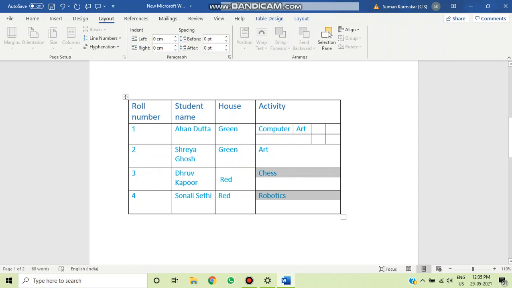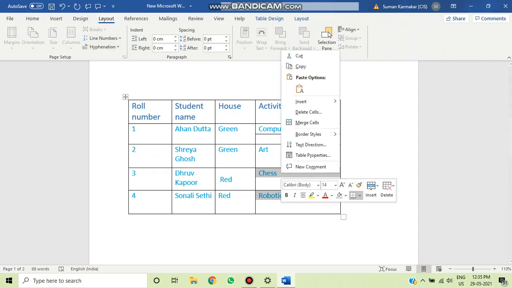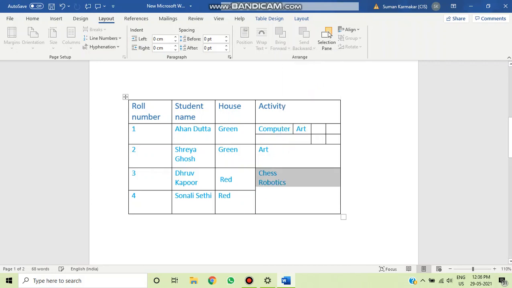Then again, if you are using 2013, you go to the layout tab, and then you will get the merge cells option, or else you can right click and you will get one option called merge cells. See, two cells have merged. So this is how you can merge two cells. I believe you have understood how to split the cells and how to merge the cells. Isn't it interesting?